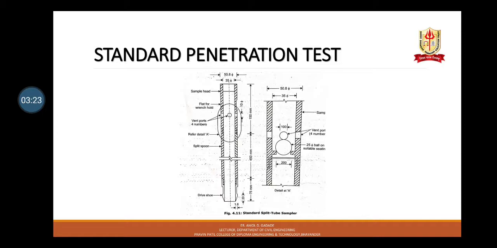And overburden pressure correction: for a constant density index, the N value increases with increasing effective overburden pressure, for which corrections have been proposed by Gibbs and Holtz. Gibbs and Holtz have experimentally studied the effect of overburden pressure on the values of N. Their modification for air dry or moist sand can be represented by the relation N0 = N × [500 / (1.42 p' + 100)].